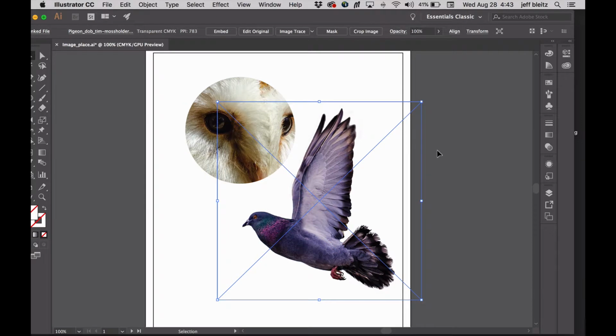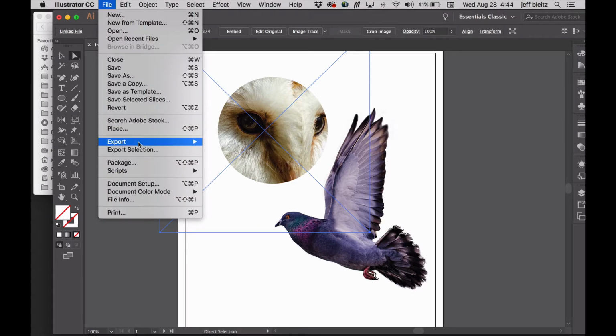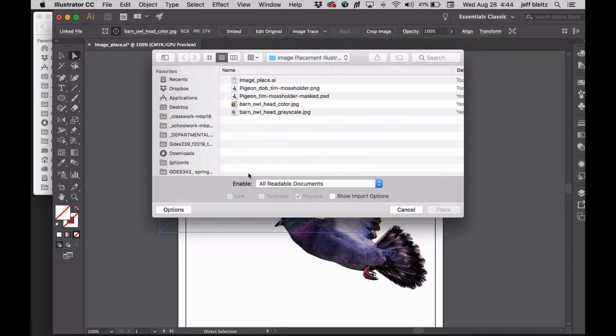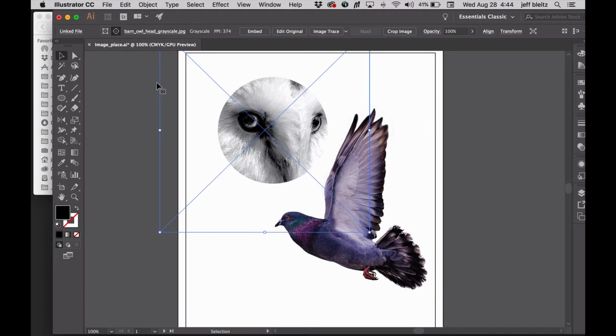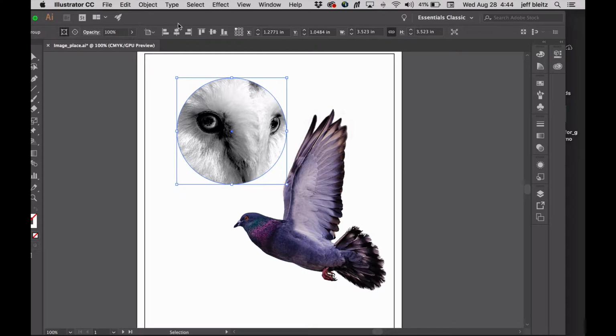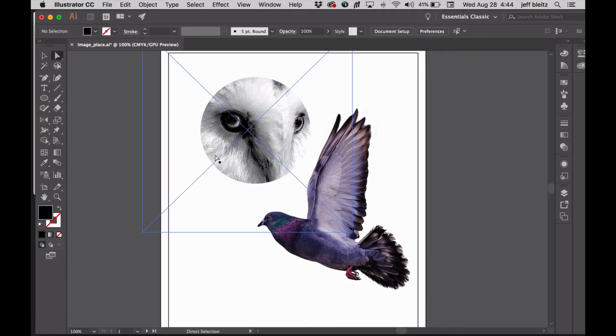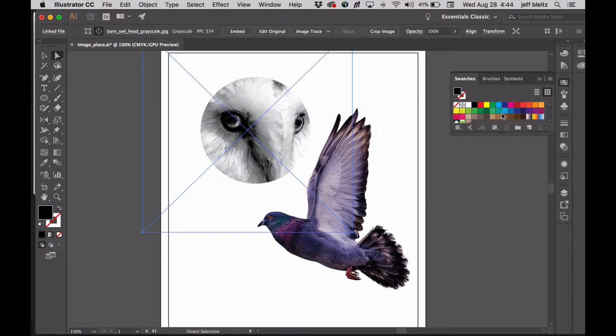If I replace, I can choose an existing image and go to File, Place. I'm going to choose the grayscale. I'm going to maintain the fact that this is a link, and I'm going to replace it so that now I have a grayscale image. And because it was saved as a grayscale image in Photoshop, if I use the white arrow here, because it's in a clipping mask, to select that owl, I can change the color of that